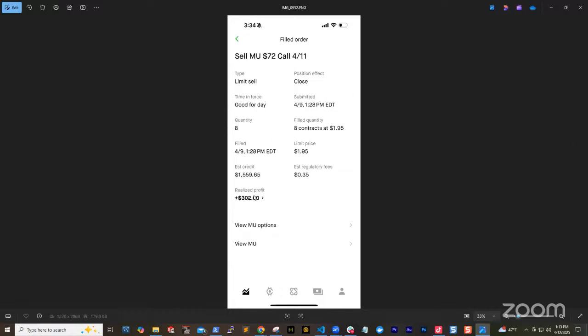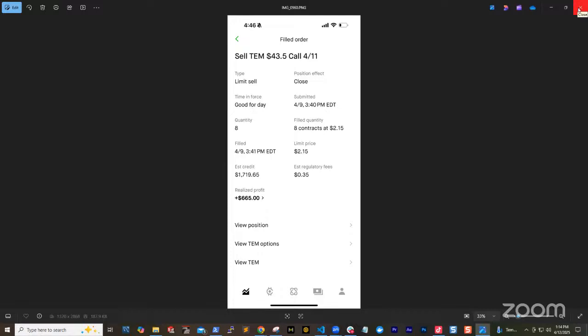Then on this one, I messed up. I sold it too soon. I could have probably made maybe 3,000 to 4,000 on this one, but I sold it too soon, so I still made $300. On this trade, I made $600. And on this trade, I lost $20 again because I set my stop loss, right? I said if it goes down to this level, sell it. I'm not even going to risk it. So I lost $20 on that one. And on this trade, I made $600, and that was all my trades for the week.